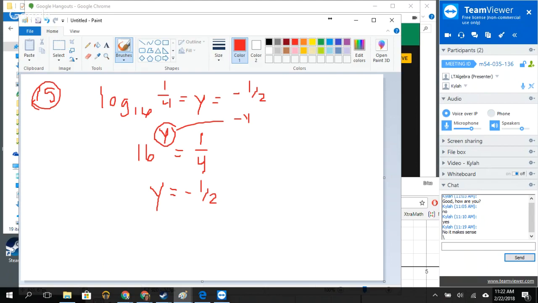Okay. Now, 21 through 27 says use a calculator to evaluate the expression. So basically all they're asking you to do is plug it in the calculator. I don't even know if we need to do that. So for example, number 25 says the natural log